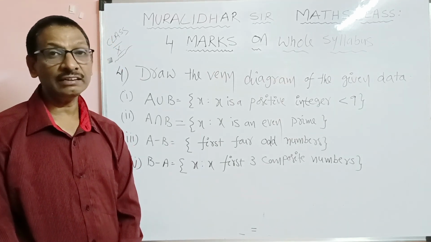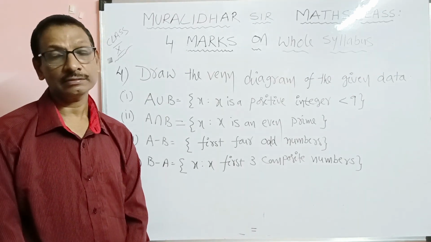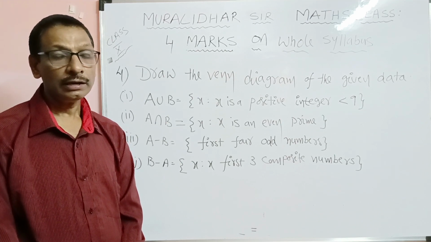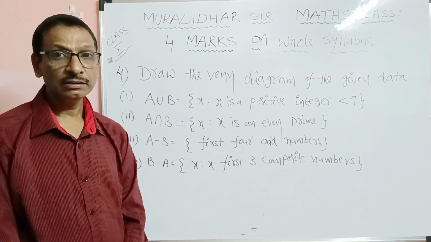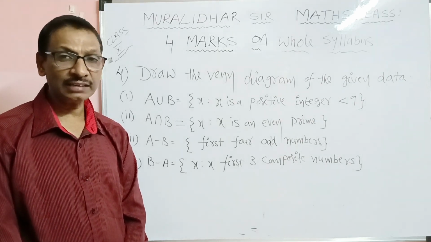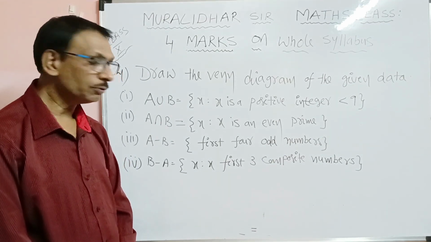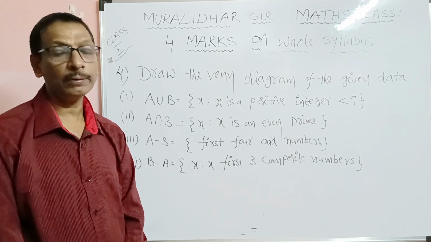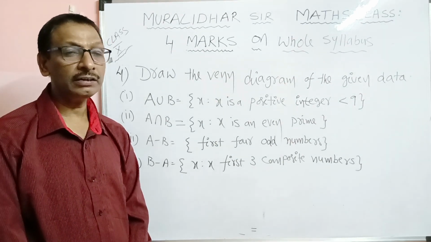The two circles are overlapping circles. First you draw a rectangular box. In that, two overlapping circles. After that you take one by one set and you fill up the elements in the parts of the Venn